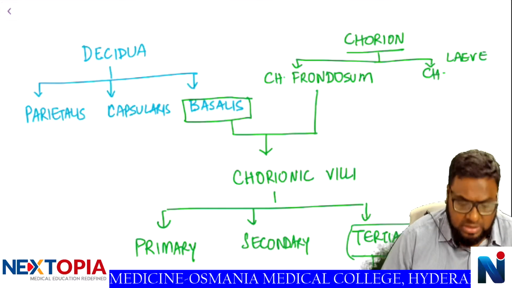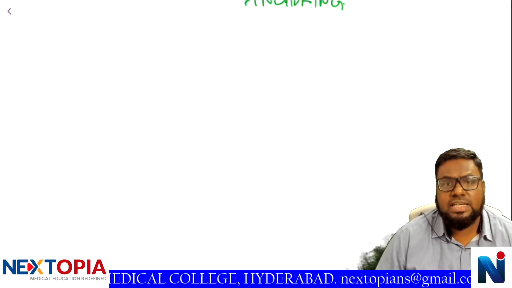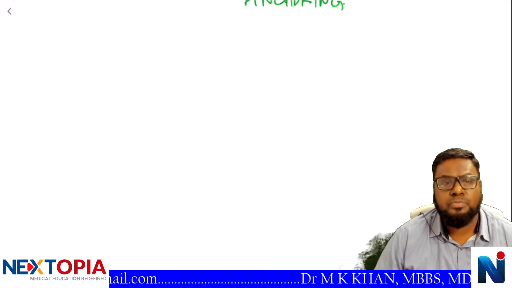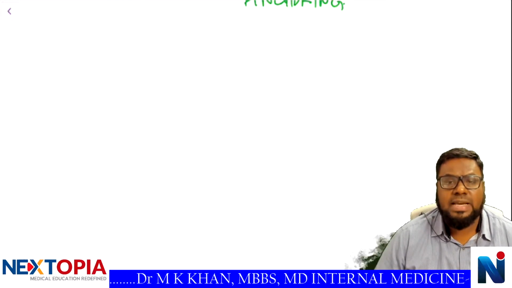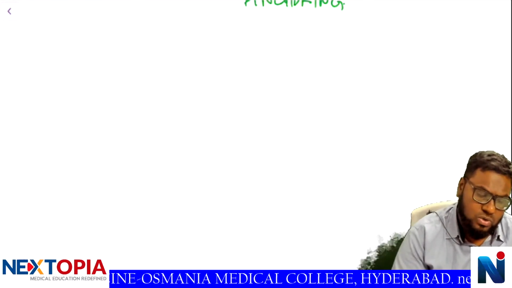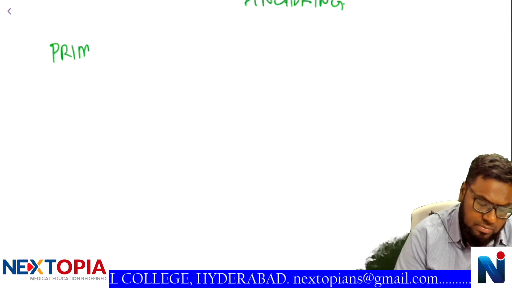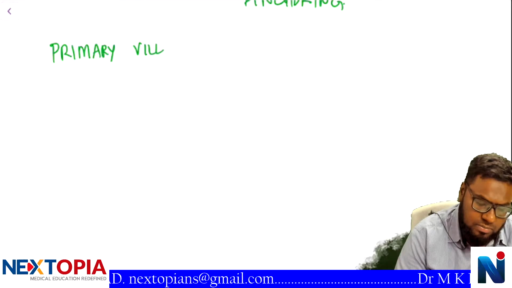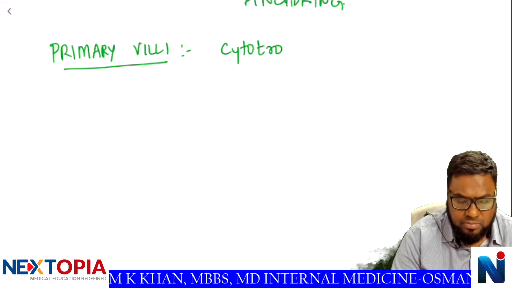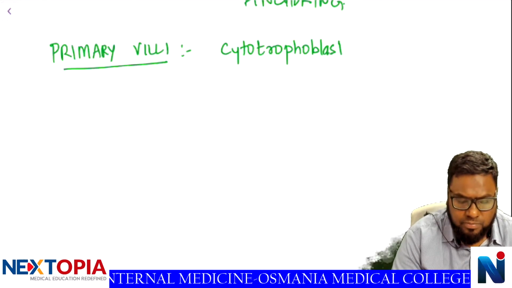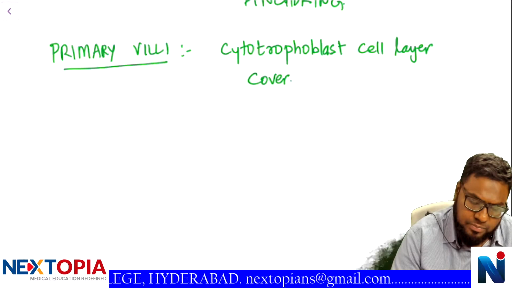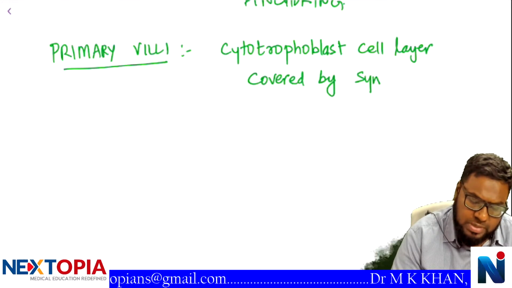So if you can see the stages of formation of chorionic villi. First, initially what happens is formation of the primary villus. What is the primary villus? The primary villus consists of a central core of cytotrophoblast cells, which is covered by a layer of syncytiotrophoblast cells. So that is primary villus. So we have got a layer of cytotrophoblast cells, which is covered by the syncytiotrophoblast layer,